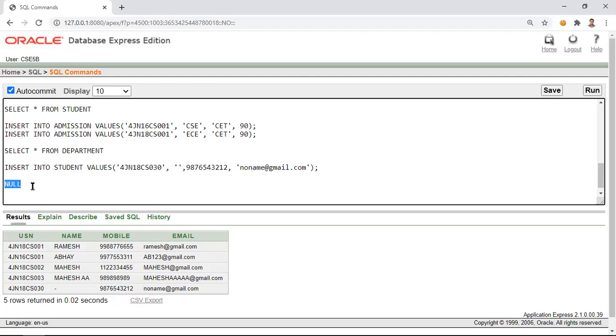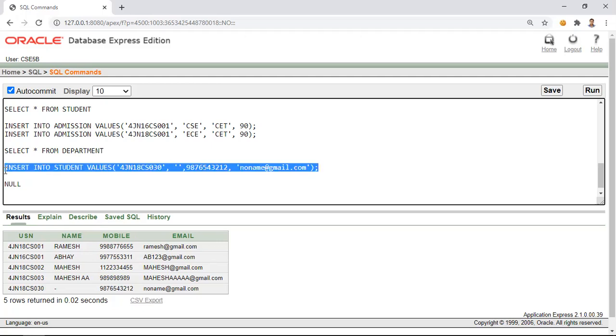For example, consider a scenario while getting admitted to the college, name cannot be null because name will be present. But what if a student doesn't have a mobile number, or even let us imagine they have not created an email ID? So which means null can be allowed in mobile and email, whereas it is not allowed in name. So that's the difference.